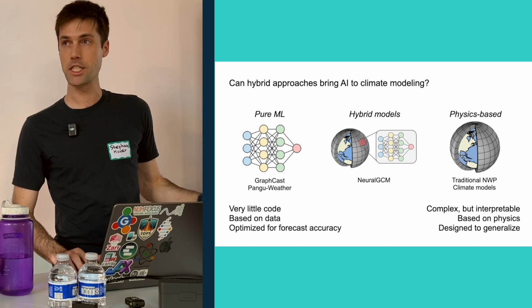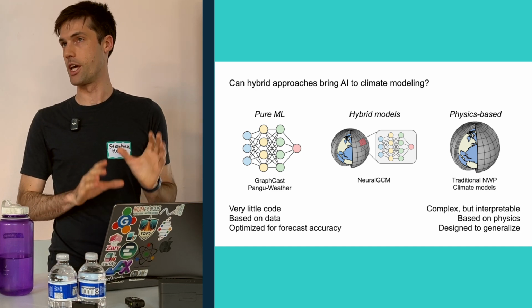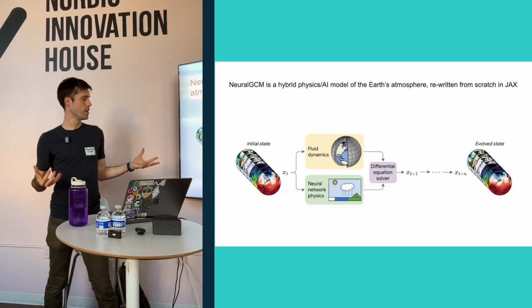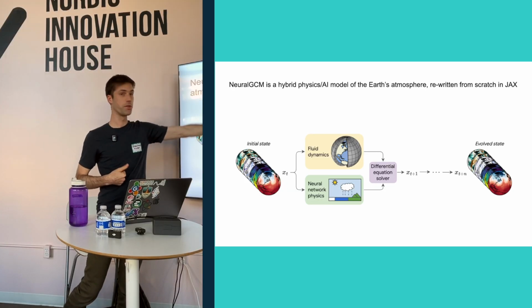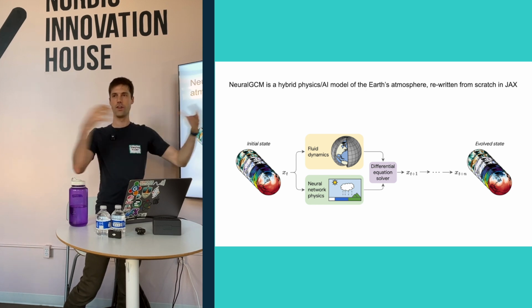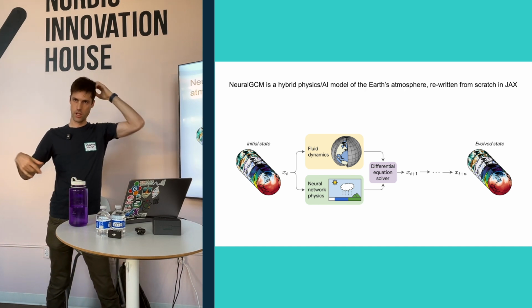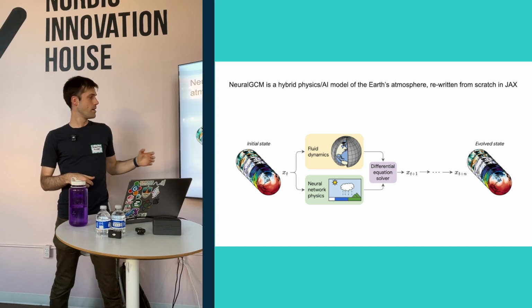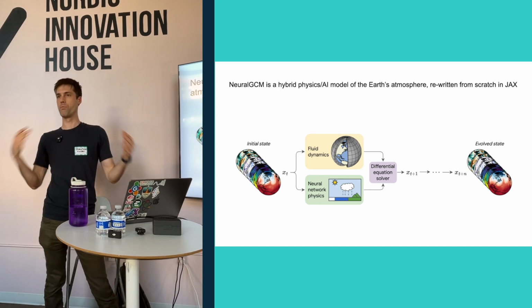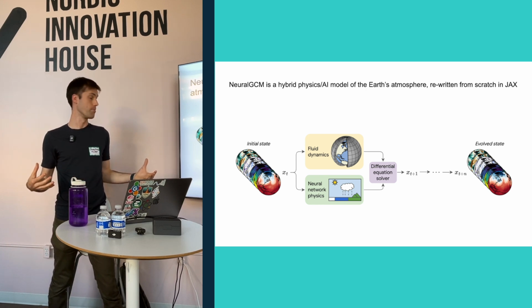So we selectively blend together the physics-based and the AI-based approaches to hopefully have some of the strengths of both sides. We have this hybrid model. We have the traditional fluid solver that uses established techniques for solving moving fluids on a grid. And then we have a neural network that learns all the other terms and the equations that make weather so incredibly hard to model and understand.